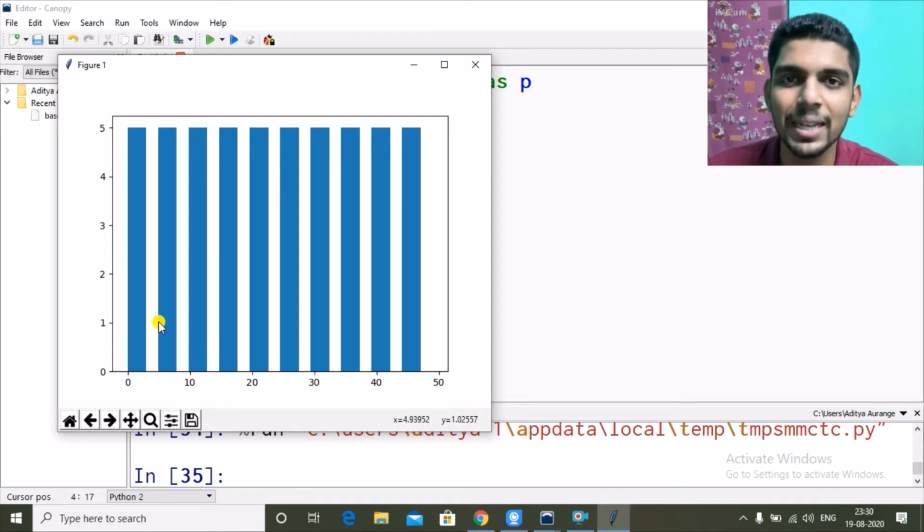The data set is equally distributed, 0, 1, 2, 3, 4, so we are seeing the same level of histogram. So 0 to 5, 5 values, then 6 to 10, 5 values, then 10 to 15, 5 values, till 50. Okay, so this was our width.